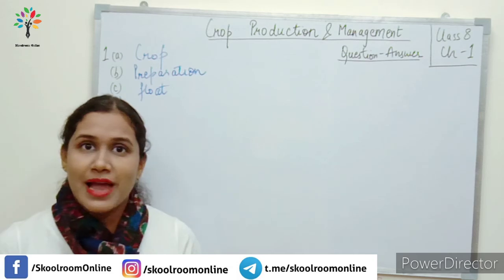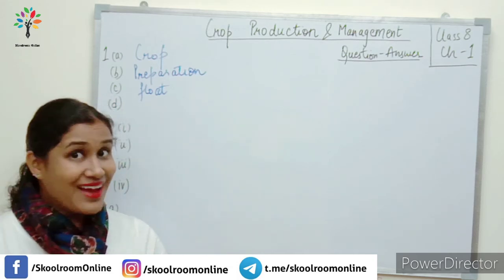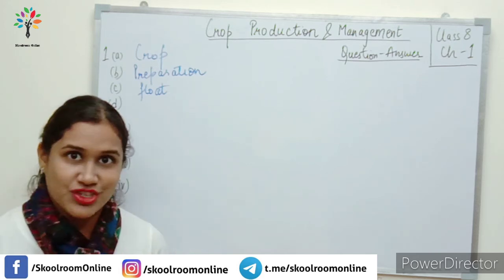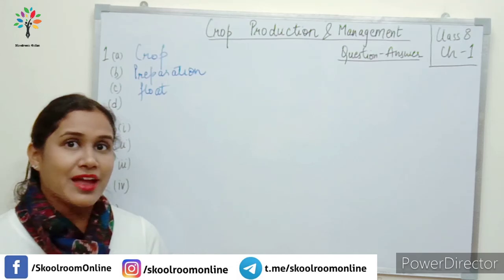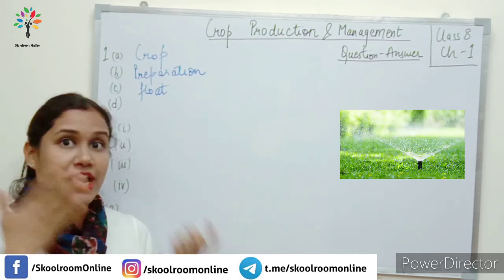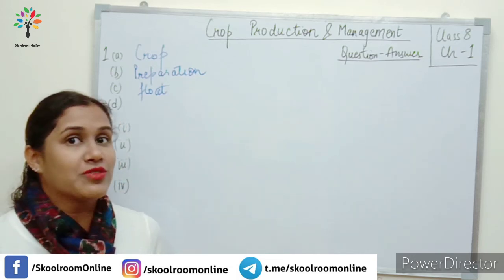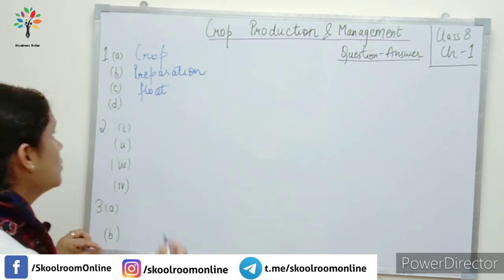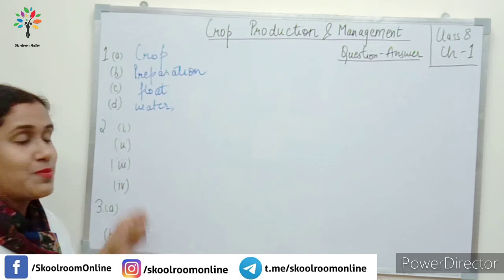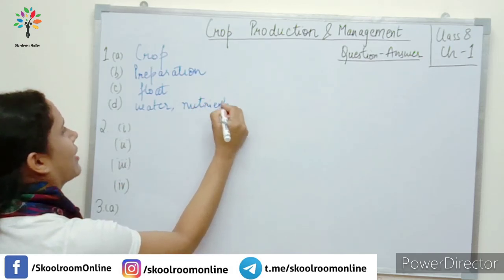Let's look at the fourth blank. For growing a crop, sufficient sunlight and dash from the soil are essential. In the first blank, we'll have water. For growing a crop, we require sunlight, water, and what else from the soil? The soil will give us the nutrients. So the correct answer is water in the first blank and nutrients in the second blank.